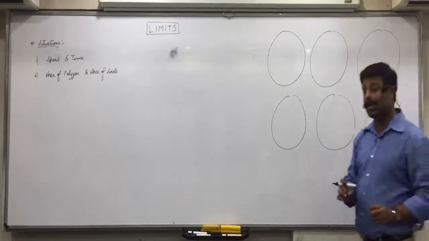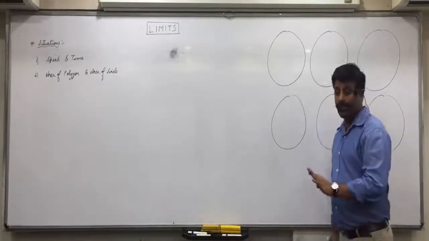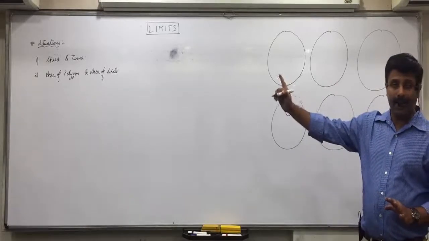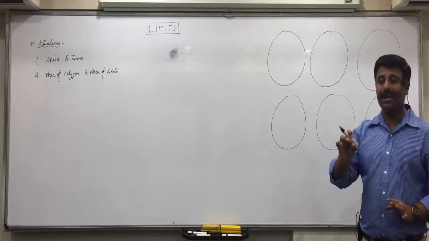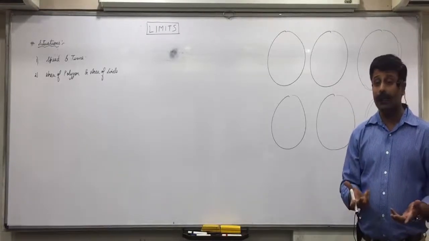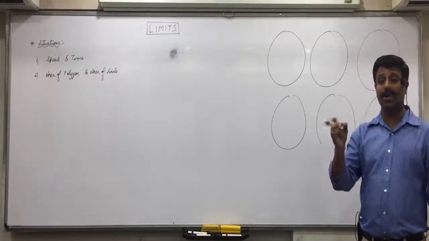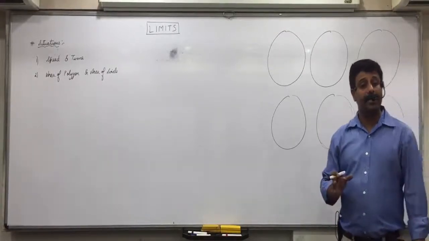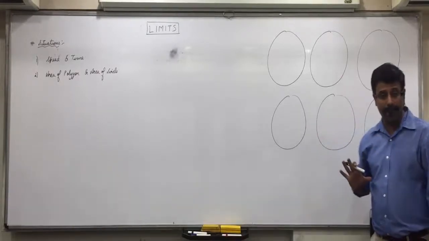The exact area of a circle cannot be determined. It is indeterminate, like the exact time you reach cannot be determined. The exact area of a circle is indeterminate, because pi is a constant number. Whatever the radius, pi is a constant number, 22 divided by 7. So it's a rough approximation you get. The exact area can never be obtained.